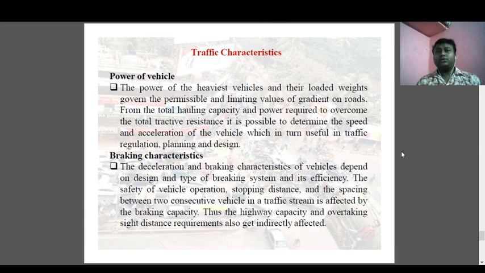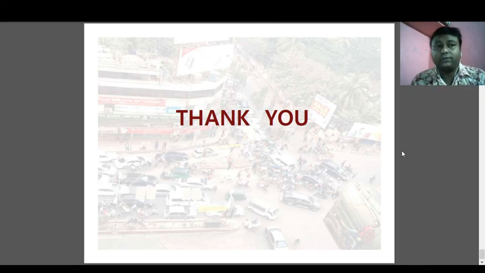These are the things the driver should keep in mind regarding road characteristics and traffic characteristics. If we summarize, road characteristics and vehicular characteristics are divided basically into two parts: one by the road users and one by the vehicular. Again, the road users are divided into three parts: one is the driver, one is the commuter, another is the pedestrian. And the vehicular characteristics are subcategorized based on the types of vehicles plying on the road. In general, the road user characteristics are permanent and temporary.